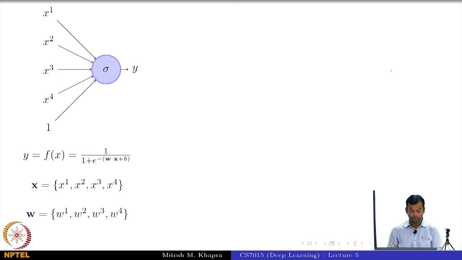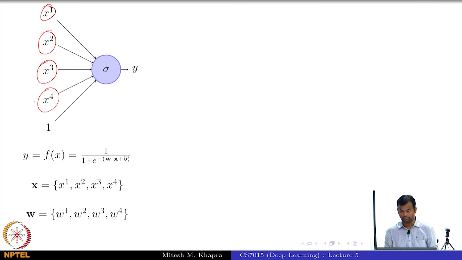So far what we have been doing is, please pay attention to this slide. I need to define some notations and you shouldn't get confused with them. So far we have been dealing with a situation where we had just one feature, which was X, one weight corresponding to it, which was W, and one bias which corresponded to the always-on input. Now we are going to look at a situation where we have more than one input. Earlier we were basing our predictions only on the director. Now we have the director, actor, genre, IMDb ratings, and so on. So here X1, X2, X3, X4 are four different features or inputs that I have.